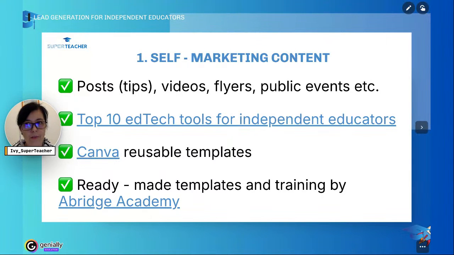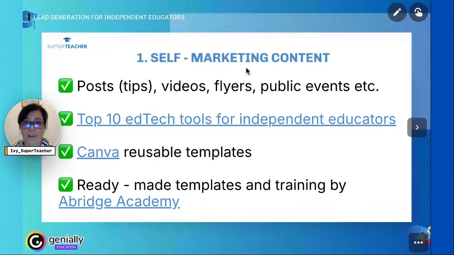And when you go to Canva, you can literally search for a flyer, a workbook, a worksheet, anything that you could use, to recycle and make your own. They're license-free, reusable. Some of them are not. Some of them are a pro level. A lot of them are free. Feel free to begin with that and make it your own. Fill it in with your own content about your services and what you want to sell after that to create a simple self-marketing content. It can be just a simple flyer, right?